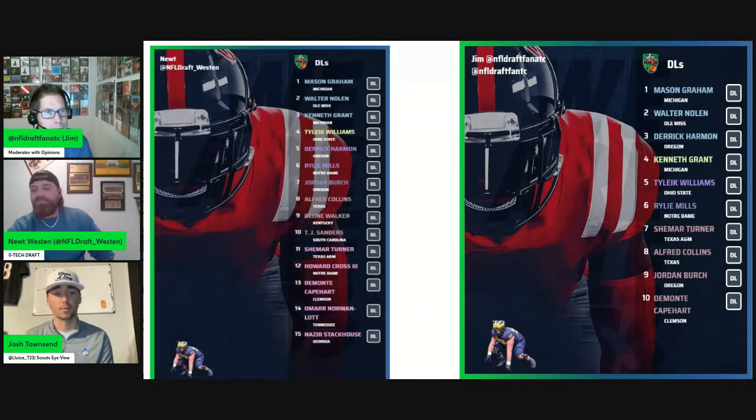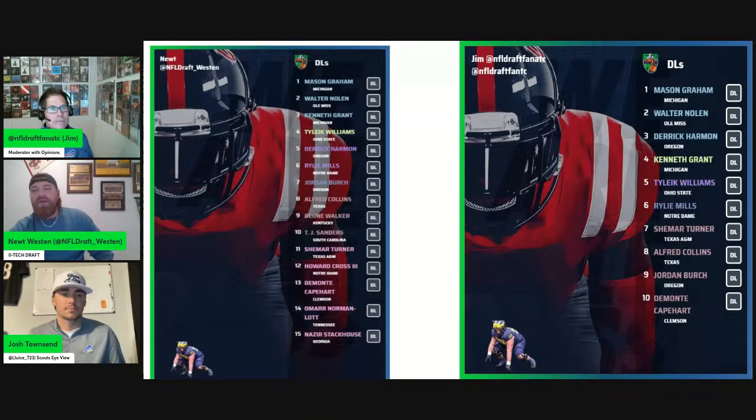He's a proven starter for multiple years at Ohio State. He's trusted, he's a high IQ player, so that's going to translate day one. And with the stamina concerns I have with Grant, I would say Tyleik Willams, but that doesn't reflect my grade. I have Kenneth Grant slightly over Tyleik. So I like that as well.